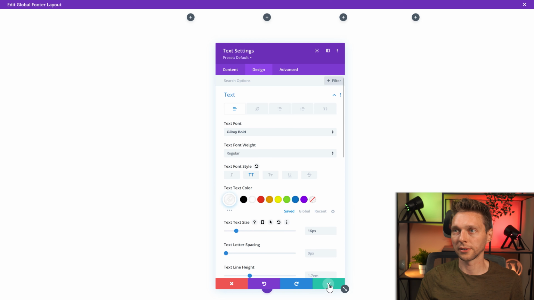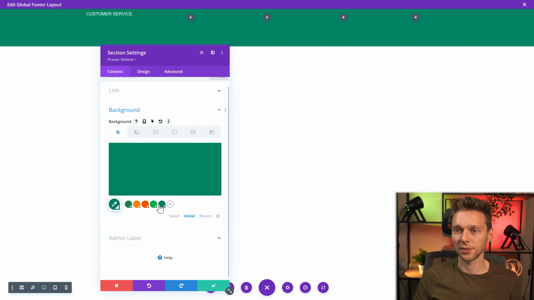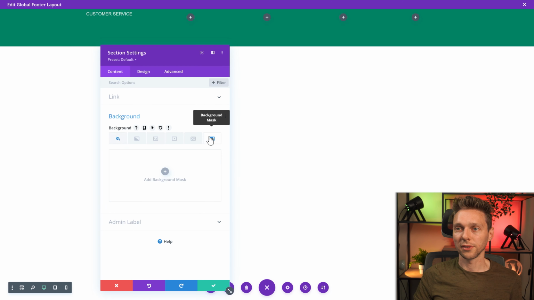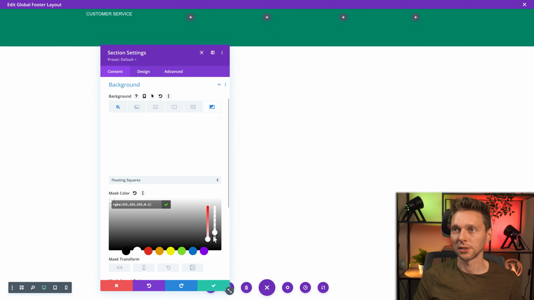It's going to be a little bit bigger because the background of this entire section, we go to the background color and we're going to use this background color. It's a bit different than the other ones. Then they also have a beautiful mask over it. Let's use again this one, and the mask will be almost transparent. Just a little bit like this.